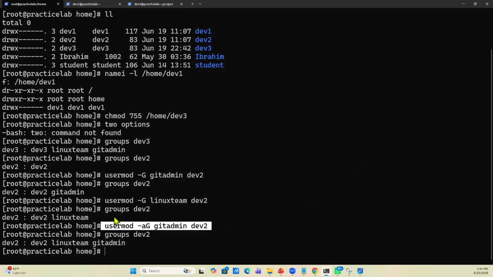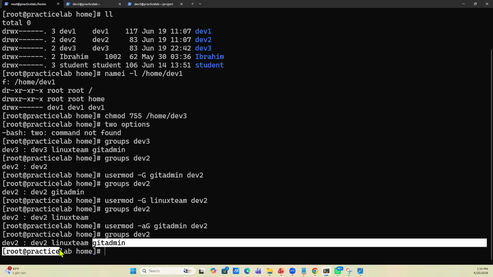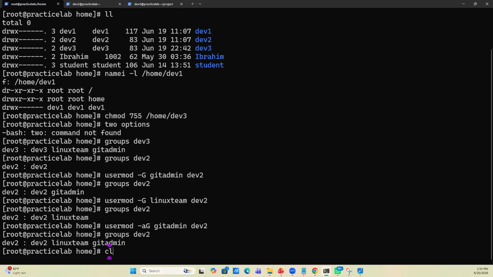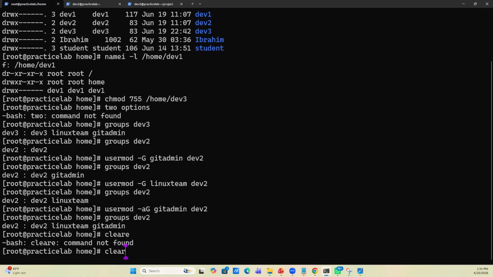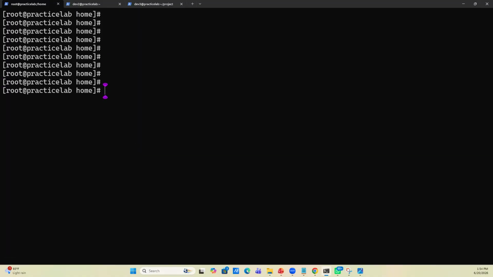So now we didn't delete this. In fact, we appended this to the user Linux team. Let me clear the screen. We're at the bottom of the screen. Okay, are we clear? Is everybody clear what we're doing here? Right? When you have primary group,